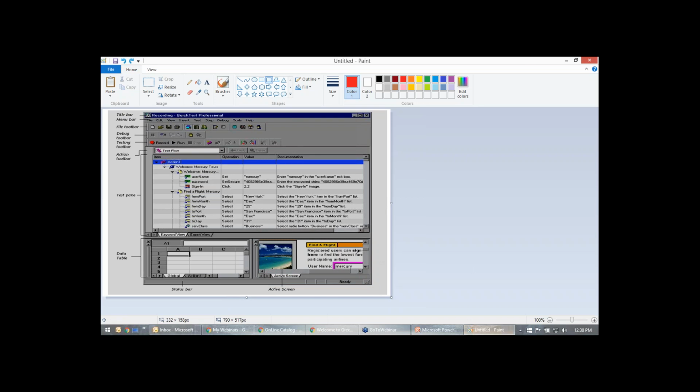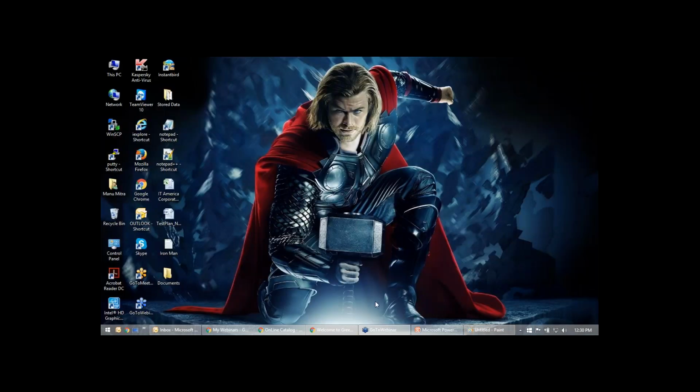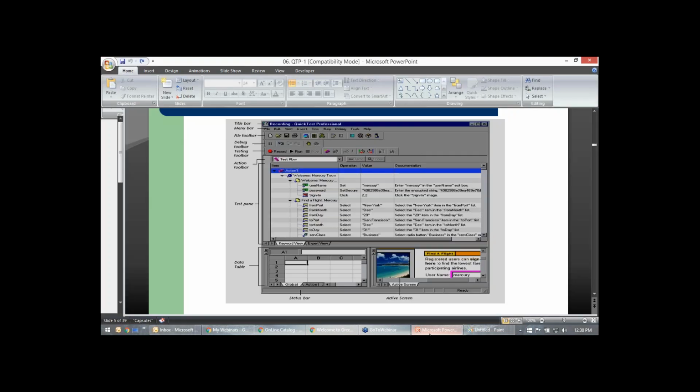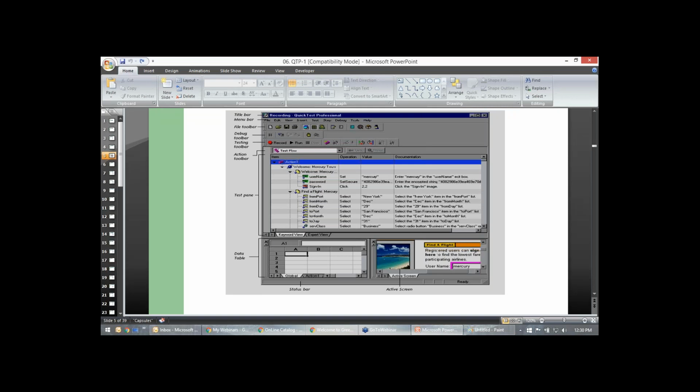Okay, so let's go to the theoretical view. Those are the various buttons, but there are more functionalities than that. What I have told you is only what you see, but there are so many things in edit, view, and insert.